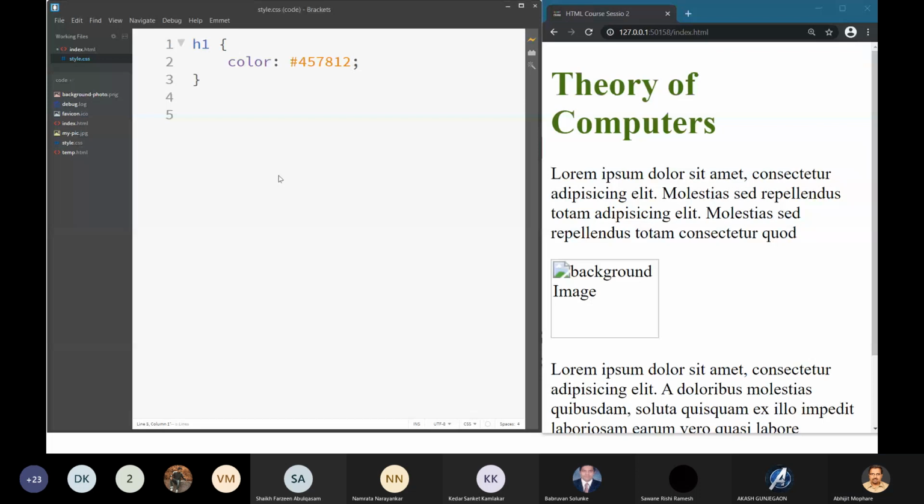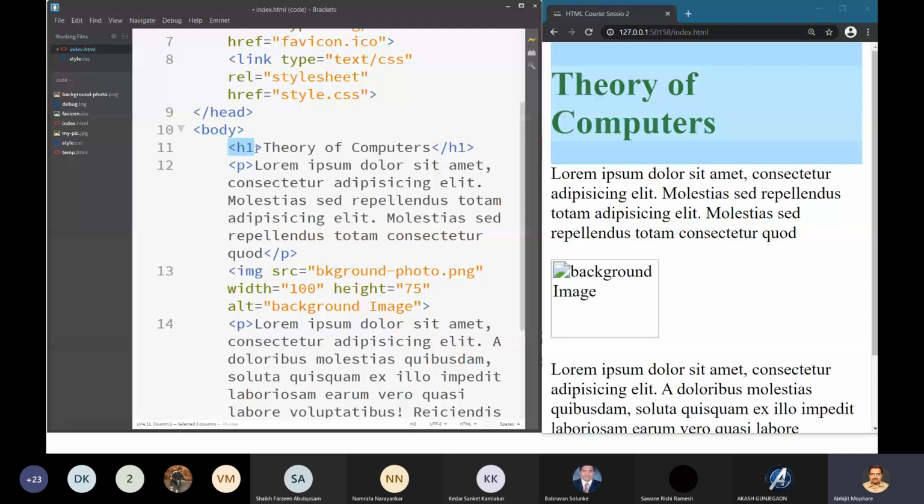Fine. So this is what CSS is doing. Let me once again revise. You have this H1 tag in your HTML document. Now you want to change the color of this text, theory of computers. This text is enclosed within the H1 tag, so it is a header element, specifically an H1 element. Whenever you want to apply any CSS style to this H1 element, you have to do